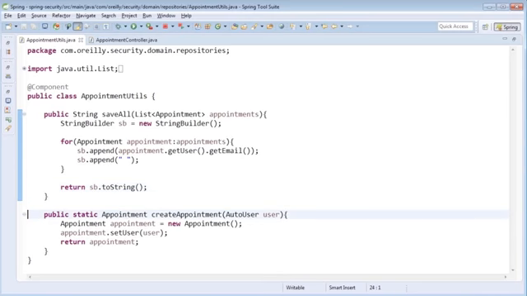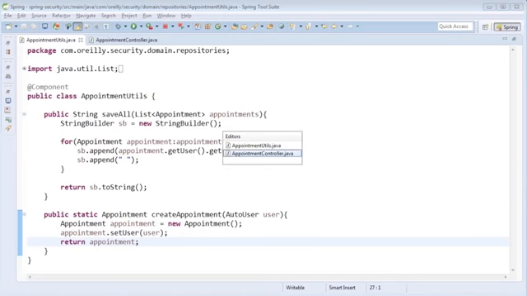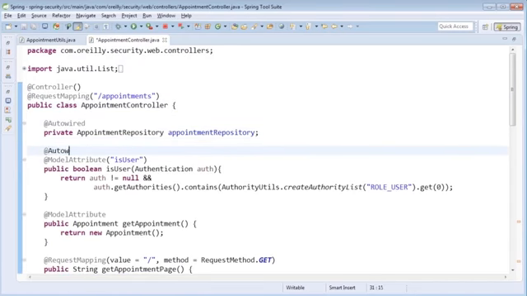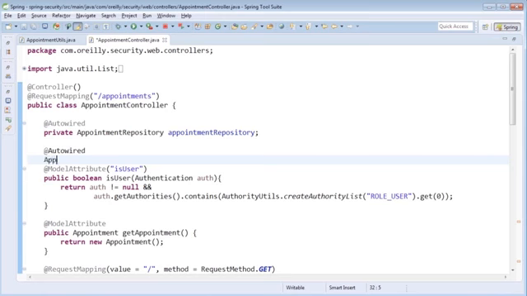The second method is just a helper method to create an appointment. So we pass in a user, we instantiate a new appointment, and then we set the user field and return the appointment. So we're getting a real bare bones appointment. So we're going to use our appointment utils class as a bean within our appointment controller. So I'm just going to auto wire the appointment utils bean, and I'll give it a name of util within